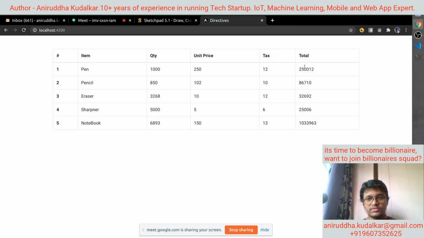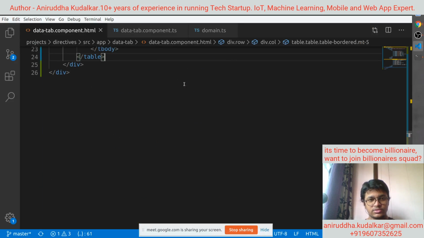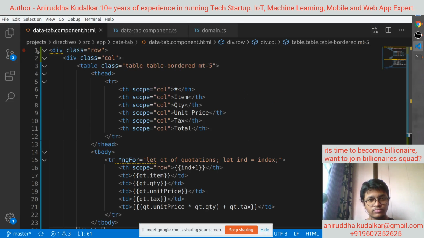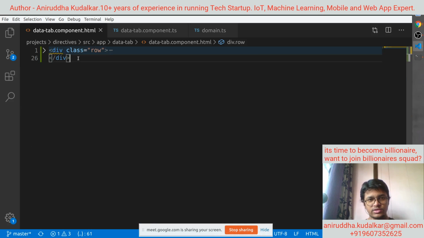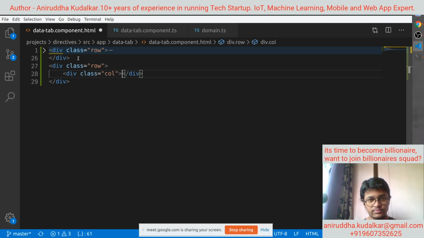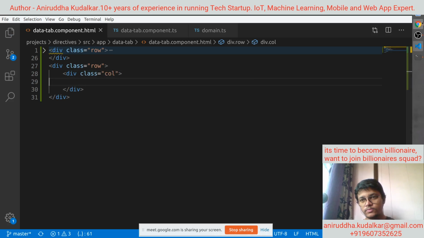There won't be any change. So let's create one more row. So this is a row related to the table. One more row, dot col. Right here you can say